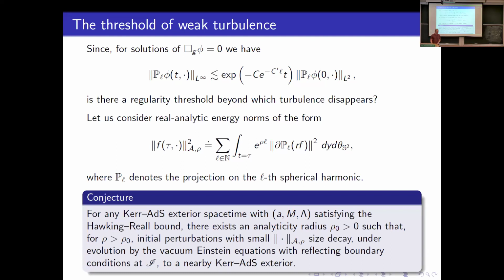This is an analytic perturbation. According to this, it should decay back to Kerr-AdS. Now, if you were trying to evolve this numerically, of course, I don't know anything about numerics, I'm just going to speculate here. All your cutoffs will create some high frequency corrections, but these corrections are going to be much smaller than the amplitude epsilon that you started with. So if you want to measure what happens on a time scale depending on epsilon, pretty much this theorem will describe the result better than